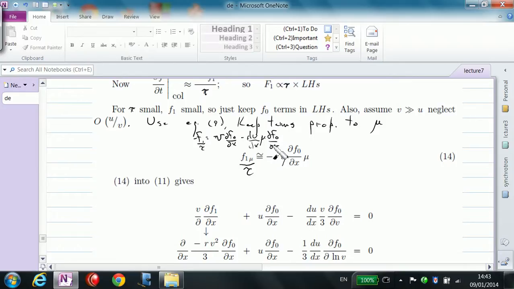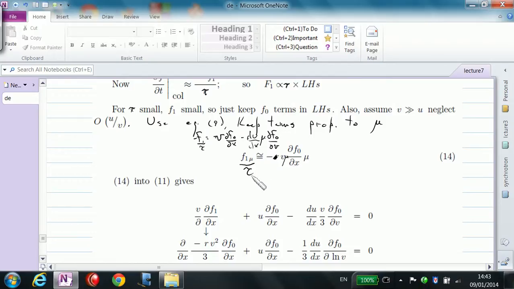But notice that this term is smaller than this term, because this term has a u on top and a v at the bottom, whereas this term had a v on top and nothing on the bottom. So this term is smaller by u over v compared to this term, which means we're only going to keep the first term